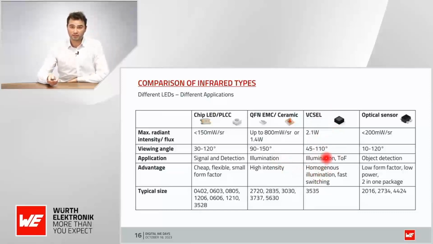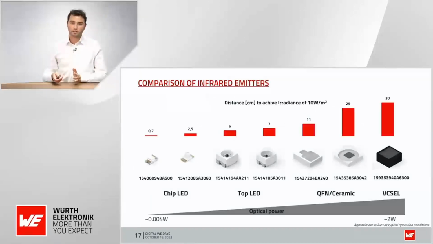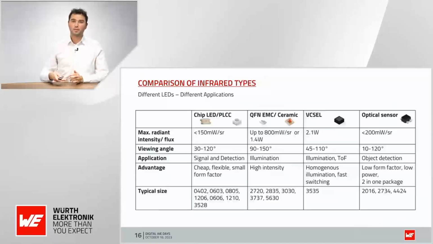Then what's interesting is VCSELs. VCSELs are a kind of laser, and in this case, our VCSELs have a glass on top of them that is a little bit diffuse. This diffuse glass makes the viewing angle not very small, but a little bit broadened up. So actually the viewing angle is not very, very small, but like 45 and 100 to 110 degrees, depending